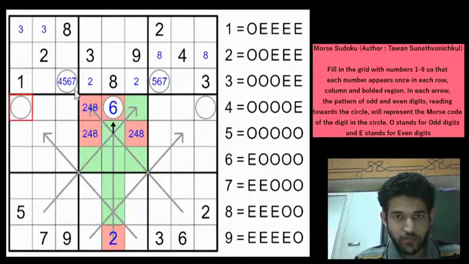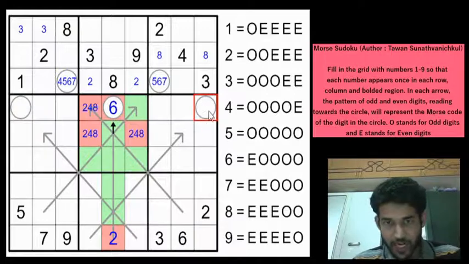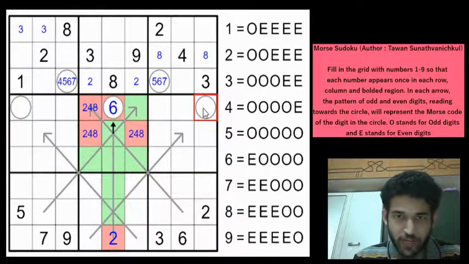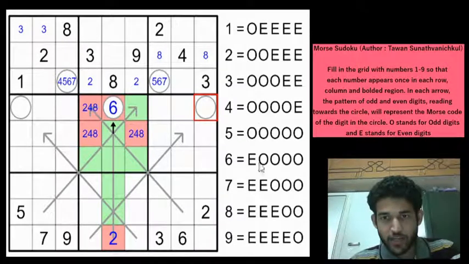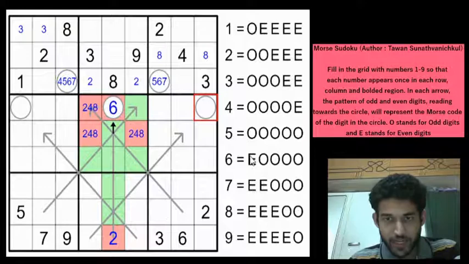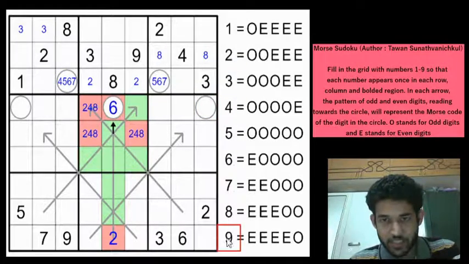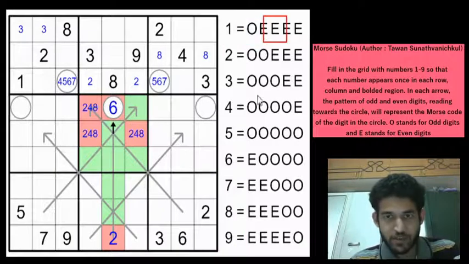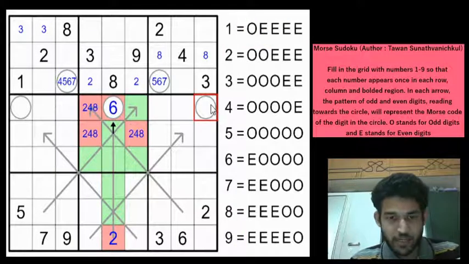Now let us come back to these 4 circles. Let us start with this circle. If you see, the only information with regards to this circle pointed at by this arrow is that the second digit from the left would be odd, no other information. So if you look at the digits 1 to 9, the second digit from the left is odd only for 2, 3, 4, 5 and 6. The rest of the digits 1, 7, 8 and 9 have the second digit as even. So which means that this circle can only be 2, 3, 4, 5 and 6. But 2, 3 and 6 are right out of equation. So they can only be 4 or 5.